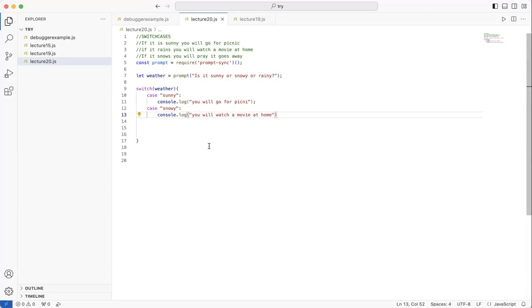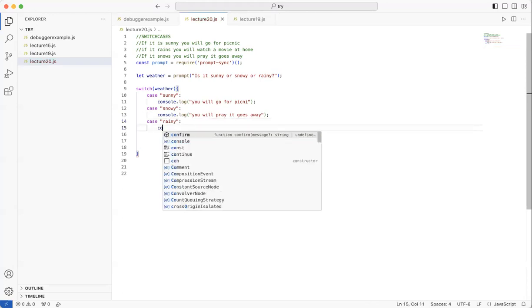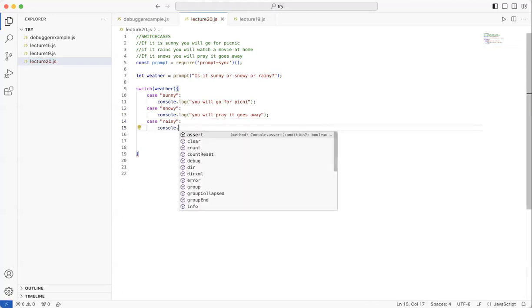Great, thank you for catching that. Yeah, you will pray it goes away. So this is the next case that's done. What's the other case, the last one? It's rainy, right? And when it rains, we are supposed to watch a movie at home.